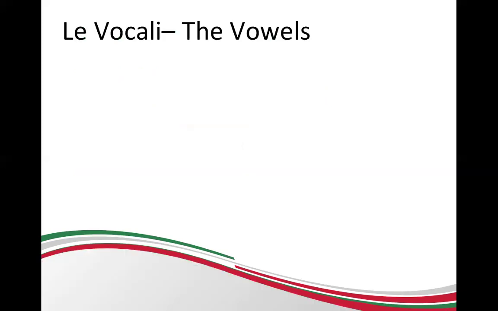Next, we did some pronunciation, and I want to dive into this a little bit more because we really didn't go over these in depth. So we'll start with le vocali, the vowels. And the vowels are really what give Italian its beautiful ringing power and its beauty. So you always want to start with the vowels. That's why Italians are the kings of opera. So we'll start with